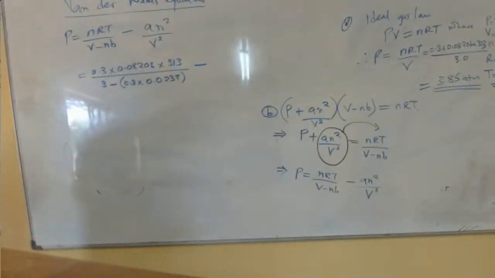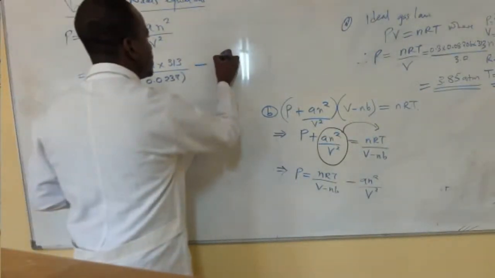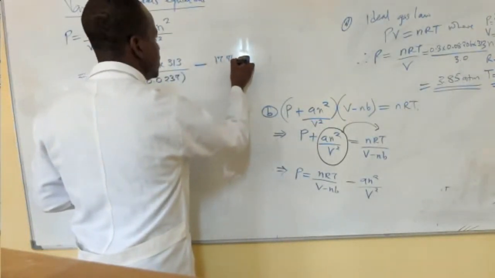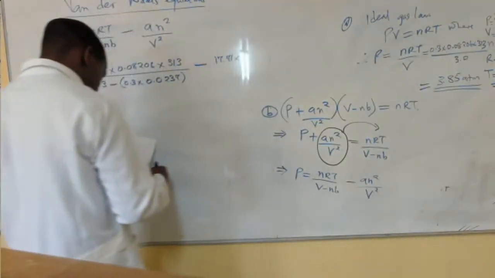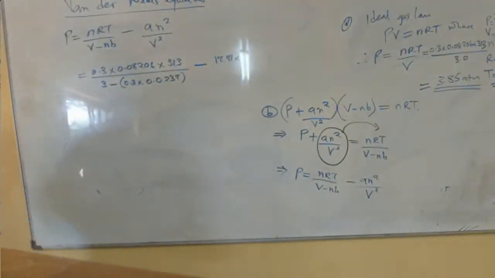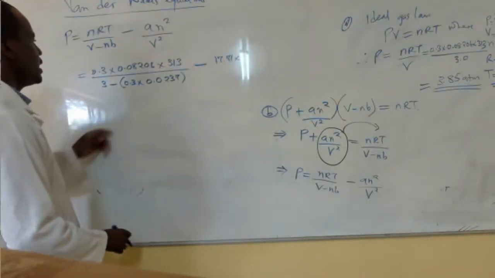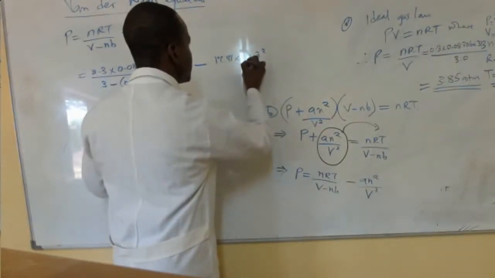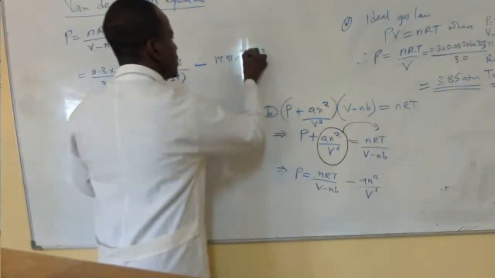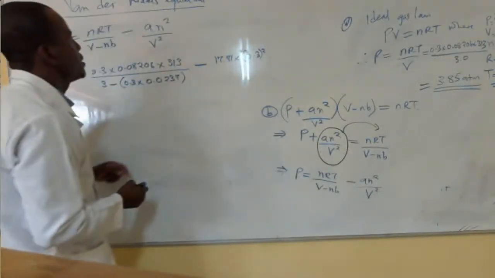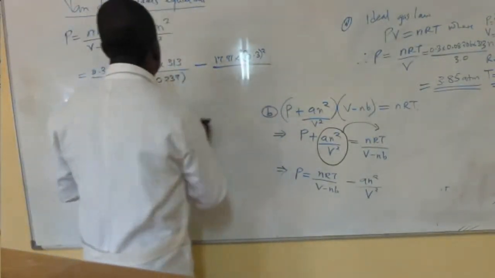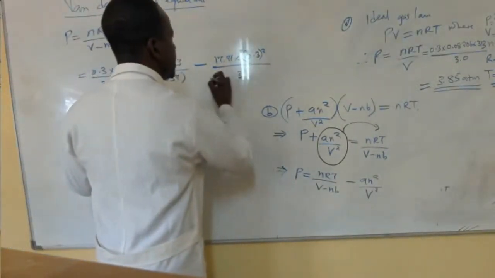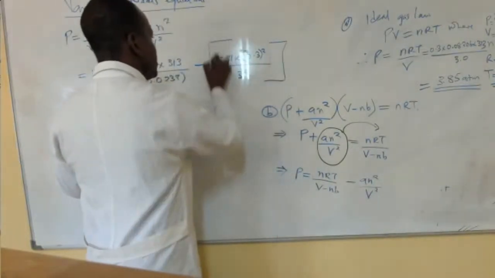and then minus. So we have minus there. The value of a, which we were given, was 17.71 multiplied by n squared. So n is the number of moles, which is 0.3 squared, divided by the volume squared. So the volume is 3, so 3 squared. So we have that like that,